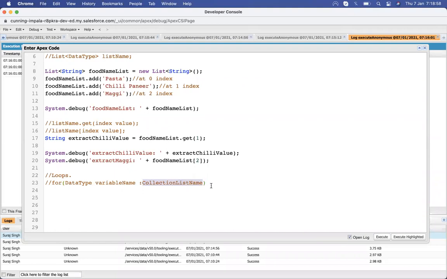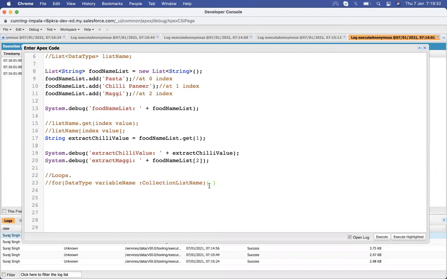This is the format in which the loop works. Then curly braces, in which our code is present. Whatever operation we are going to perform will be inside these curly braces.